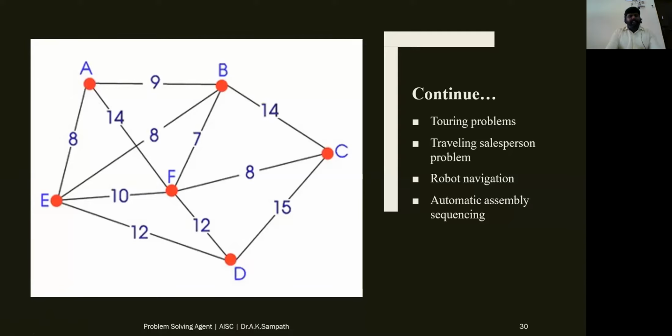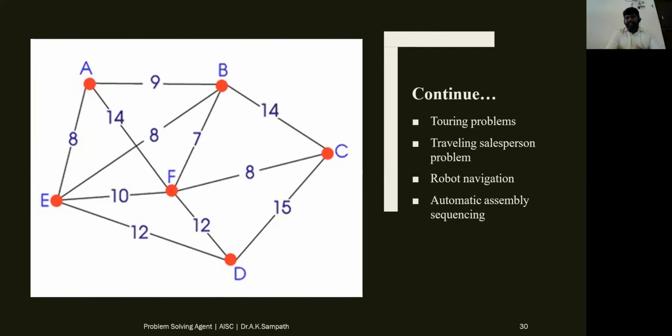So this traveling salesman problem can be used for multiple applications like touring problems, where if any tourist wants to reach from one place to another place, again for robot navigation, suppose the robot wants to move from one place to another place, right, and it has to reach the destination quickly with the help of the available information, right. And these robots will be embedded with the different states or different intermediate places, and based on its previous experience it knows the distance from one place to another place, and based on its previous search or previous actions, it will keep on working and identify the shortest path to reach the destination.